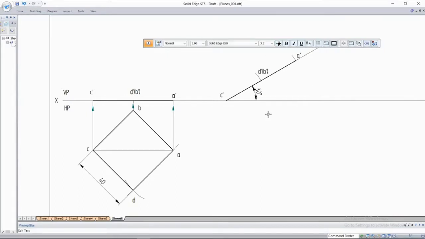After this, again, as usual, draw the projection lines using this and then using this to obtain the top view in the second position. Use the front view in the second position and top view in the first position to obtain the top view in the second position.